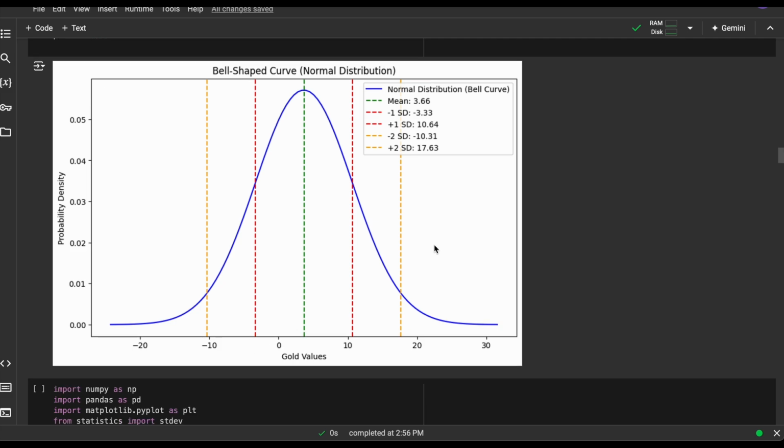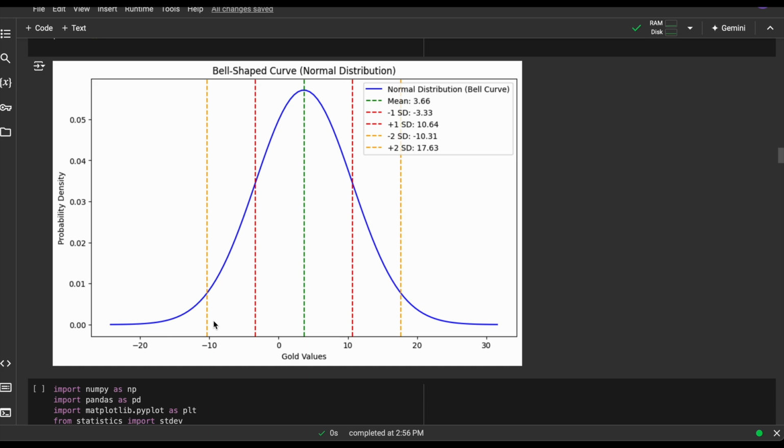Sometimes we're working as a data analyst, part of a data scientist team, doing statistical analysis. Statisticians recommend using one or two standard deviations to make future predictions or decisions based on the values. Understanding the standard deviation is helpful because it quantifies how much variation exists within the dataset. Like I showed in the example, one standard deviation typically captures about 68% of the data, while two standard deviations, the green and yellow lines,